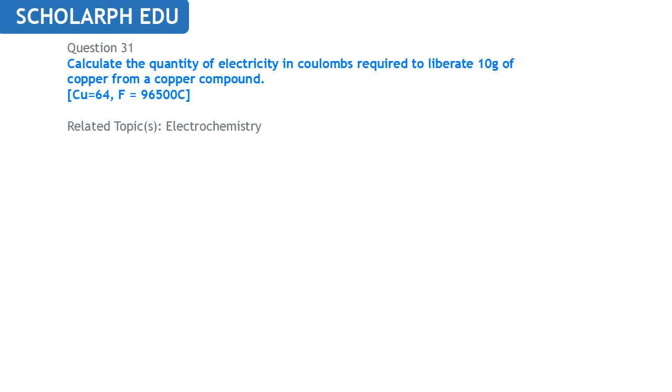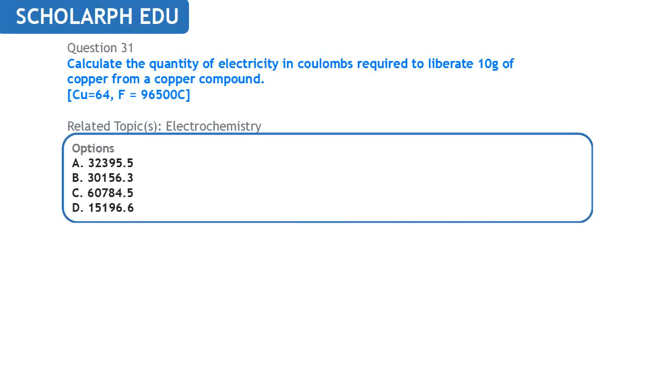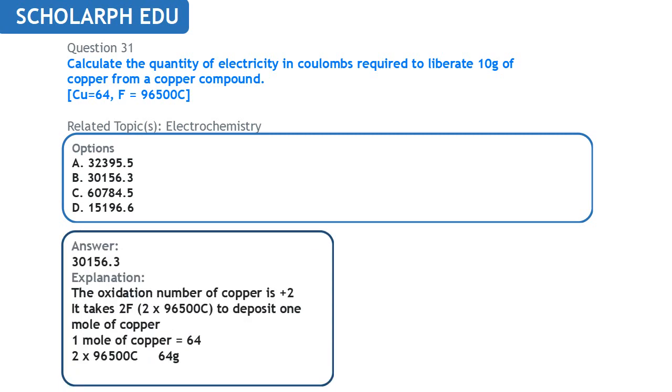Next question on electrochemistry. Calculate the quantity of electricity in coulombs required to liberate 10 grams of copper from a copper compound. We have the atomic mass of copper as 64 and 1 faraday of electricity is 96,500 coulombs. Alright, the oxidation number of copper is +2. That means that to liberate 1 mole of copper, we are going to need 2 faradays of electricity. 1 faraday is 96,500, so 2 faradays is going to be 2 times